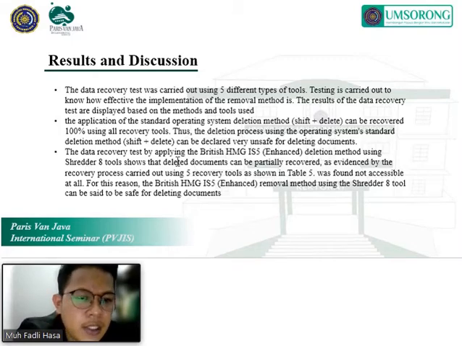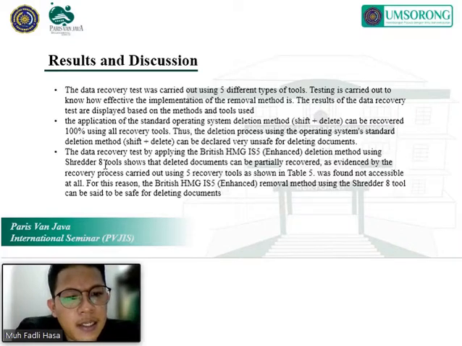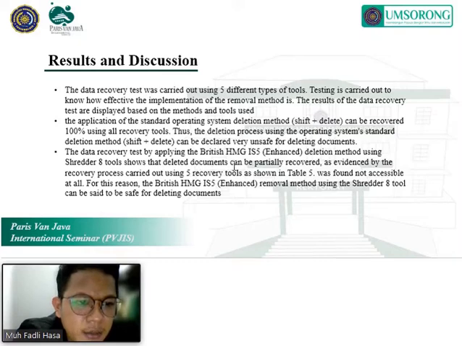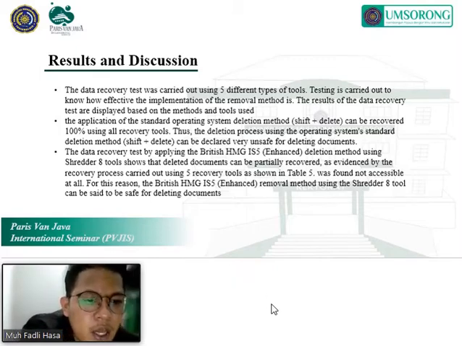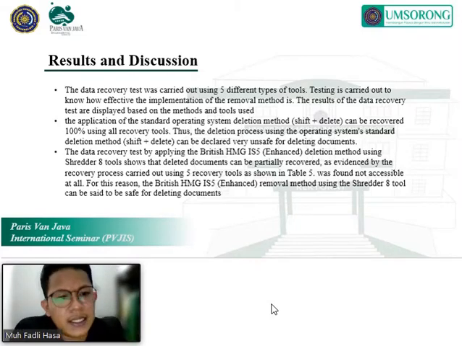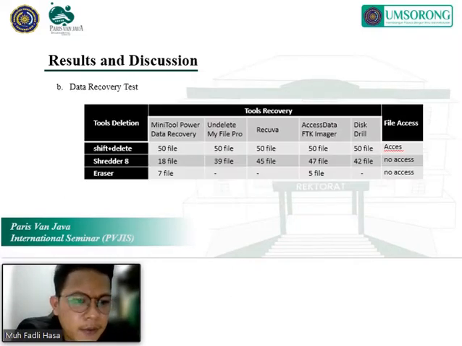And then for the British HMG IS5 Enhanced method using the Shredder 8 tool, the deleted documents can be partially recovered, as evidenced by the recovery process carried out using 5 recovery tools, as shown in this table.